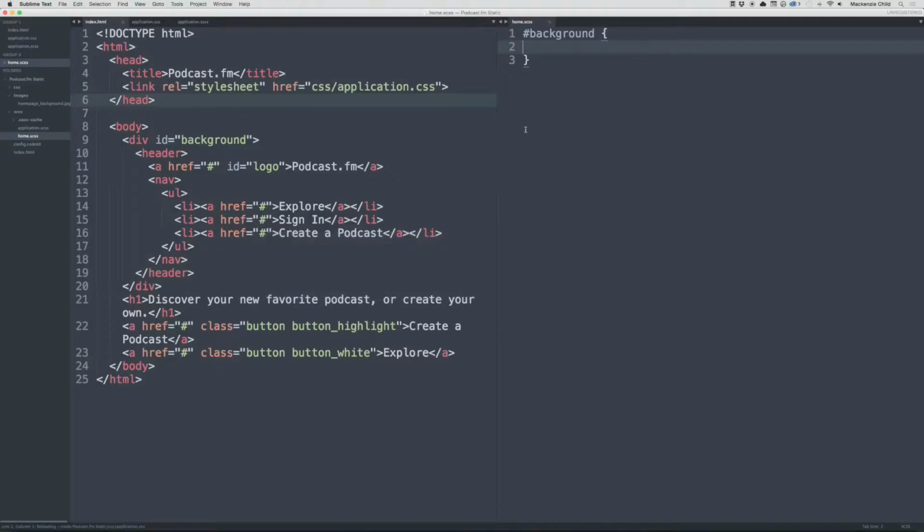Well, we need to write a few styles. First, let's add the background image to the background div. So I'm going to do background-image, and then a URL to the image, and it's going to be ../images. The ../ is because currently we are in the CSS folder, and we need to move up out of that. So the ../ is moving up a directory, and then we are going to go into the images folder and then select the homepage